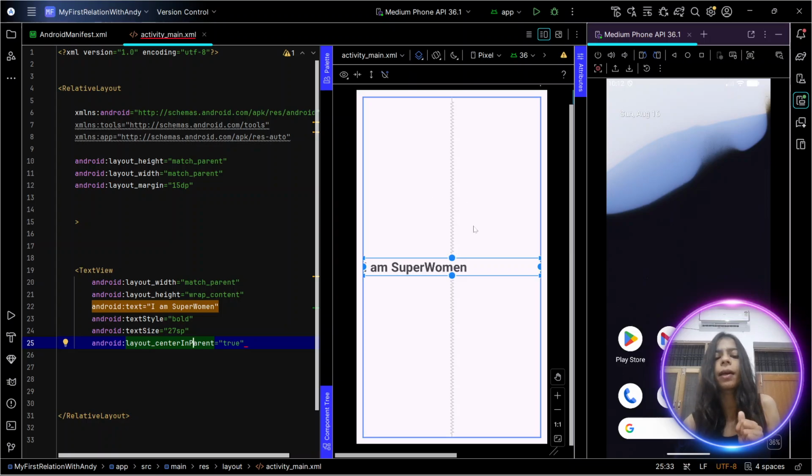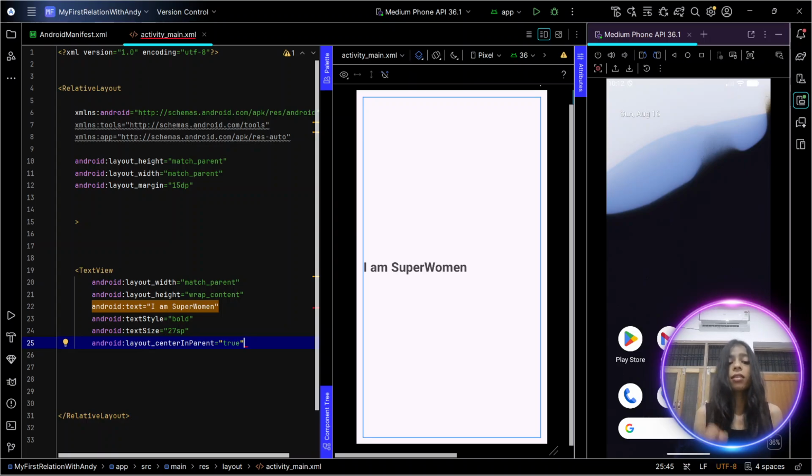If this is center to its parent, then why did it not come in the middle? Why is it on this side? Why not in the center? This is because